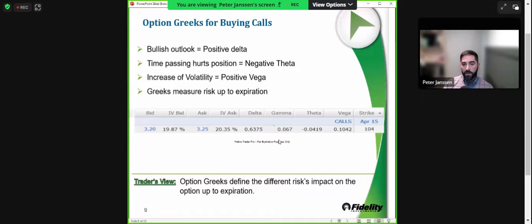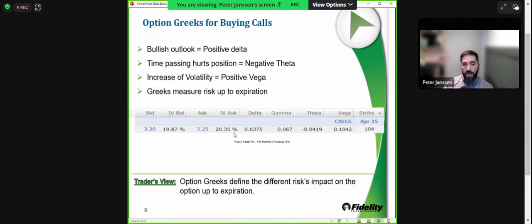Now you've got your positive gamma, you've got your positive vega as well. Positive vega shows that an increase in volatility is going to be a tailwind and additive to your options premium. Although do keep in mind, when we think about increased volatility, if you see the implied volatility of your position moving higher, that's going to be that tailwind. If that volatility actually becomes realized and turns into a position that's down 5, 10, 15%, obviously that directional move is going to be detrimental given the delta exposure that you have.